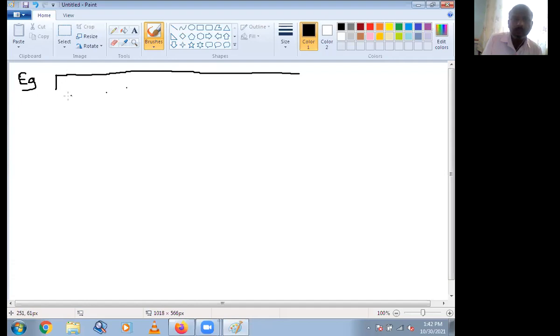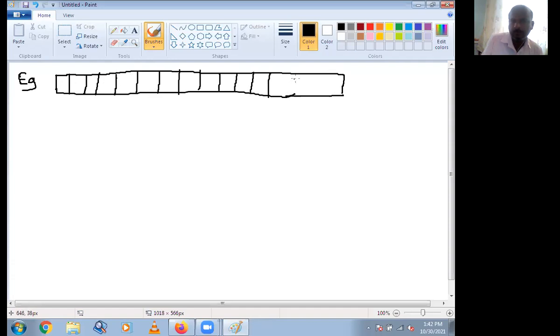Then take double of previous, that is 16 spaces, and copy the previous ones.